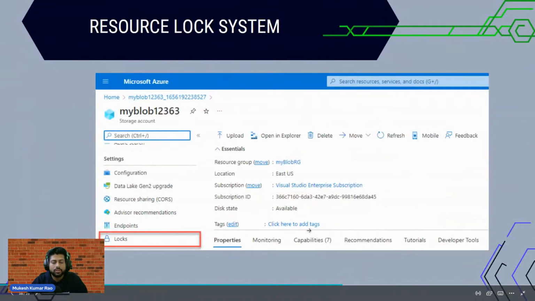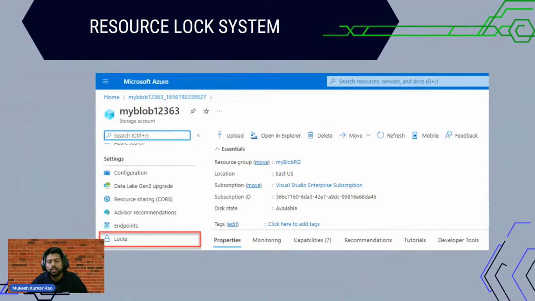And then this is the screenshot we have. That is one feature we have, a resource lock system that comes with each service of Azure. Let's suppose you have launched some resources and you want to lock that resource so that if somebody mistakenly tries to delete it, it will not be deleted. So after launching the resource, you can just lock that resource for a specific period of time. So that is a lock system, one extra security system we have. Okay, so you can use it.